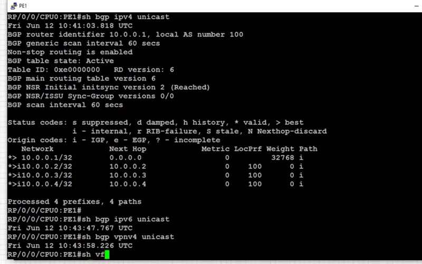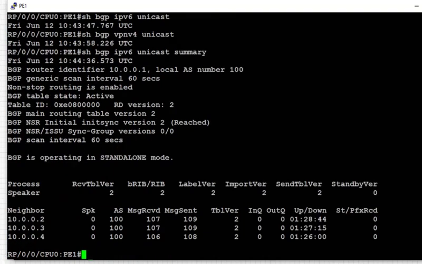To verify the peering of various address families, in IOS XR we can use a specific BGP command, like in IOS and IOS XE. For example, if we want to look at IPv6 peering on the PE, we can use the command show BGP IPv6 unicast summary. We see that we have IPv6 peerings from PE1 to 2, 3 and 4, and the peerings are up.